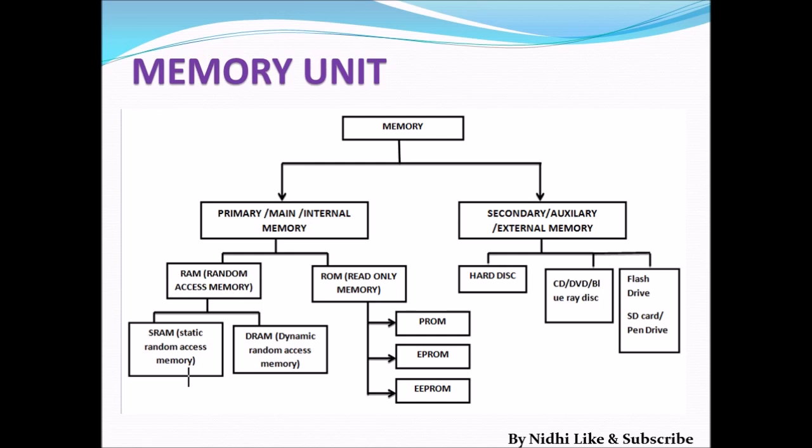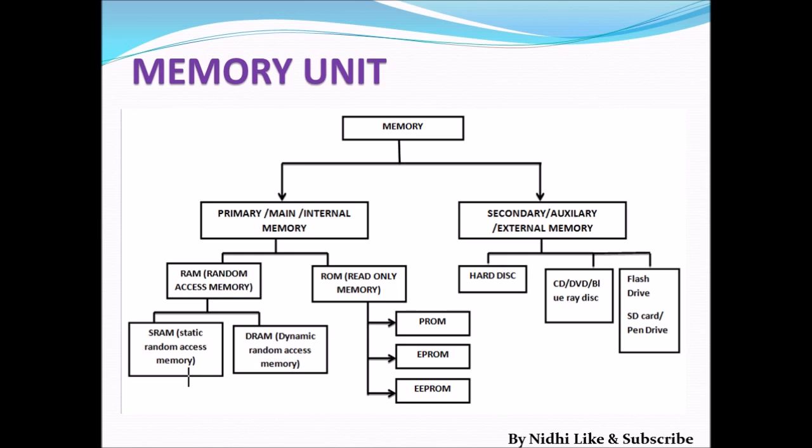This primary memory is further categorized into RAM, random access memory, and ROM, read only memory. RAM is further categorized into SRAM, static RAM, and dynamic RAM, and you can say DDR RAM. Though 3 or 4 subcategorizations are also there, in this diagram I have taken only 2 main parts.